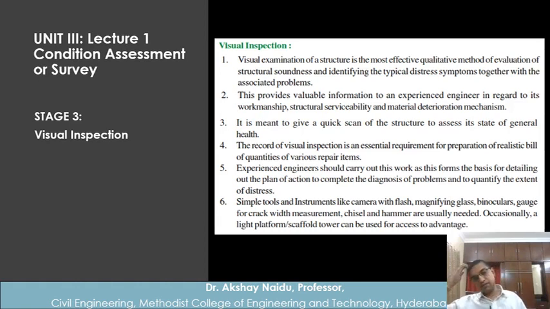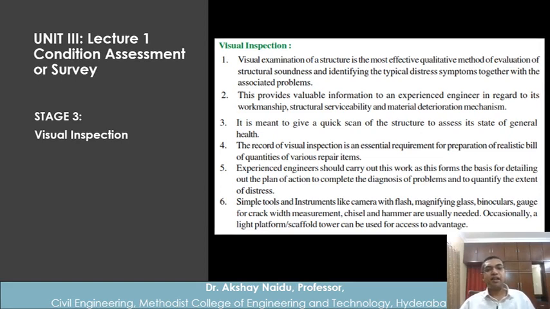Next, after the planning stage, visual inspection. So we need to plan this visual inspection stage, and what we are going to summarize here is very small. Visual inspection, we'll have a complete another lecture on. Now visual inspection is different from preliminary inspection. In preliminary inspection we just go, observe and come. In visual inspection we need to be prepared, we need to carry things along with us.